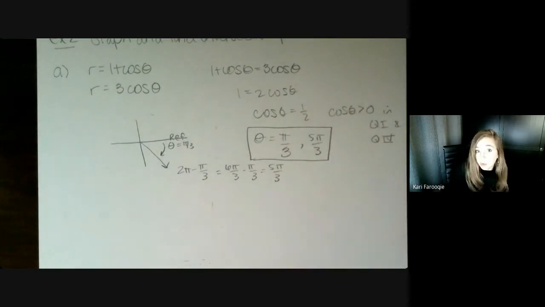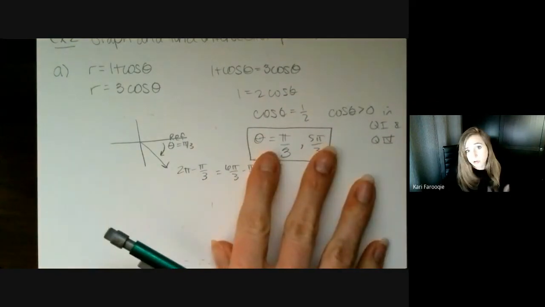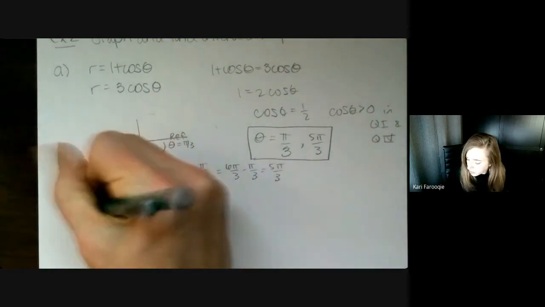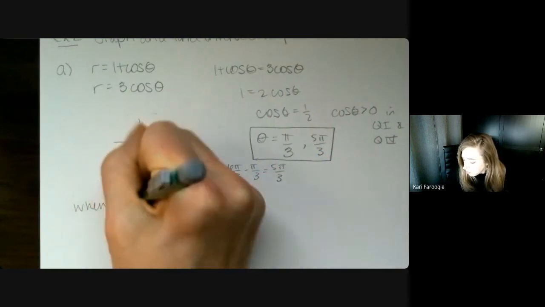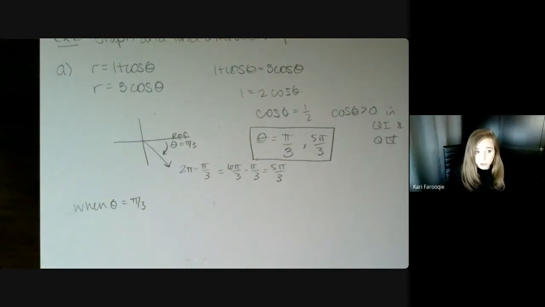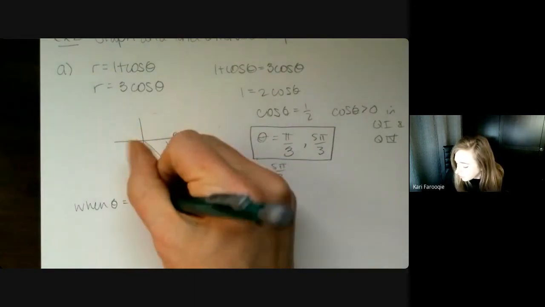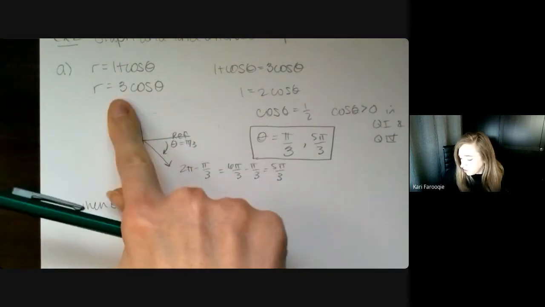Oh, and by the way, you will be asked for the actual points. So you'll need to find the radius values for which these graphs intersect. These are your theta values, and you're looking for these as points r theta. So when theta is pi over 3, remember the radius has to be the same in both instances. That's the whole point. So you pick whichever equation you want. It's kind of like when you were doing systems of equations in algebra, and you found one value, and then you used one equation or the other to solve the missing value. You pick. So I'm just going to go with this one.